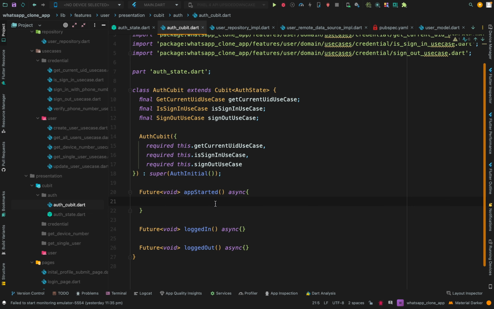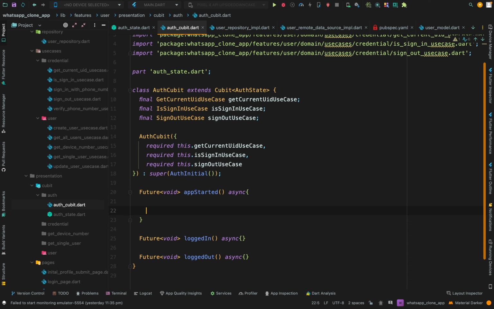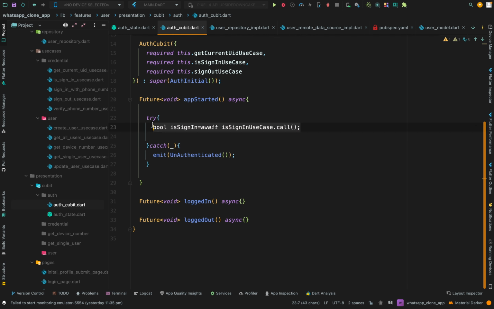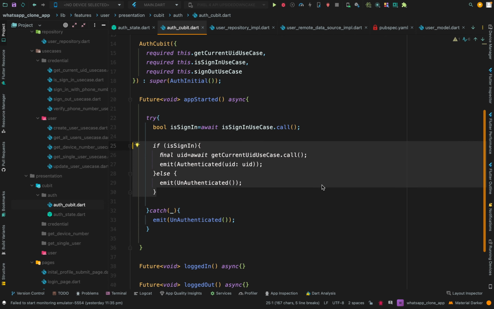So for the appStarted feature, first of all here I will put the try catch block, and if some error occurs I will directly emit the unauthenticated state. And inside the try block, first of all I will call the isSignIn method to check if the user is signed in or not, whether the value is equal to null or not equal to null. Then we will check two conditions. If the value was not equal to null, simply we will call the getCurrentUid use case and pass it in the authenticated state, so that we got the current user UID, meaning that the user is authenticated. Otherwise, if it was equal to null, simply we will emit the unauthenticated state,